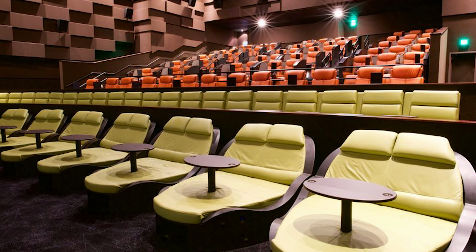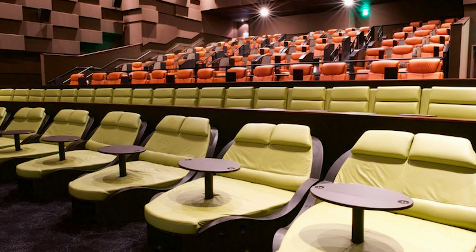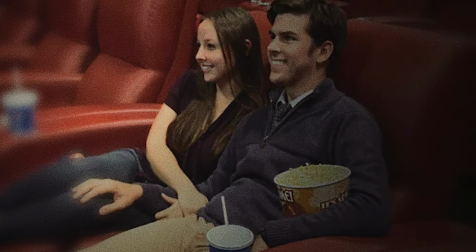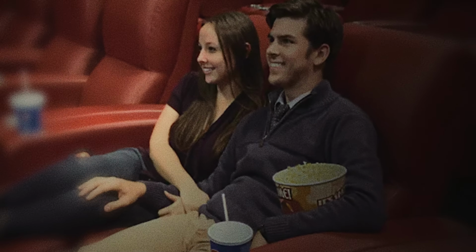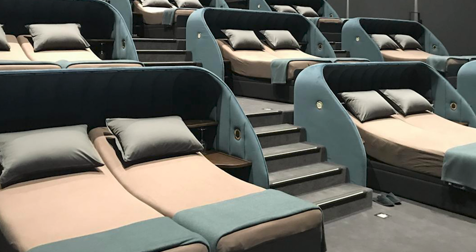In some venues, a love seat can be fancier than in others, making it possible for couples to even recline and lay on their seats, which makes it impossible for them, or anyone around them, to pay attention to the film they intended to watch. With the dividing armrest gone, it is made substantially easier for couples to sit together, which is a great feature, especially for younger audiences. It turns out that these love seat film experiences have become a market of their own,